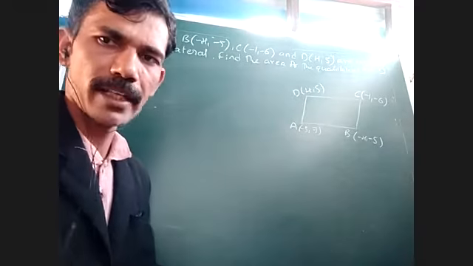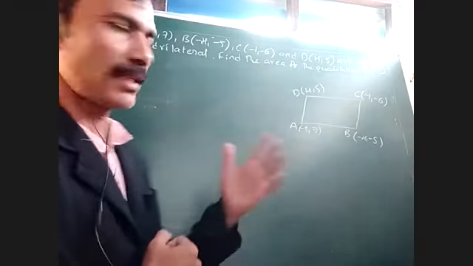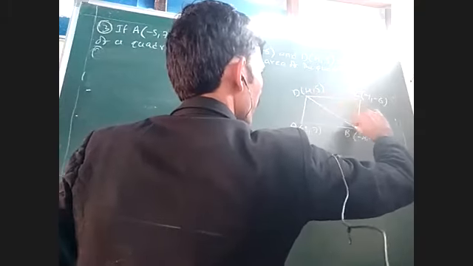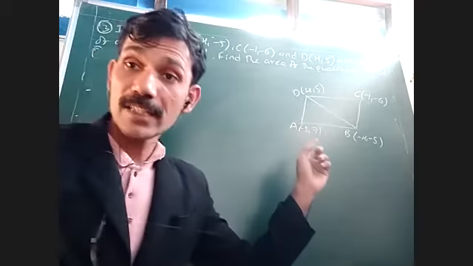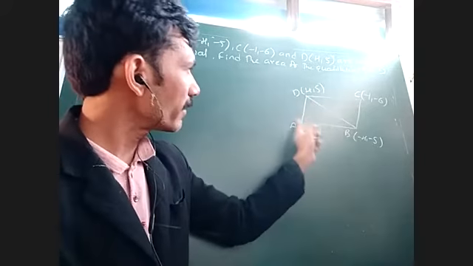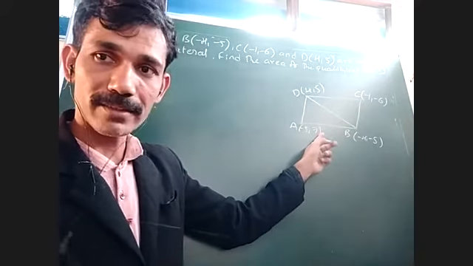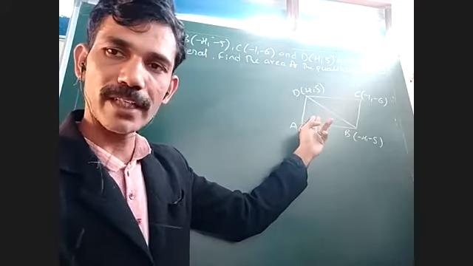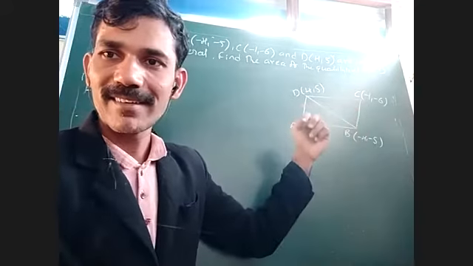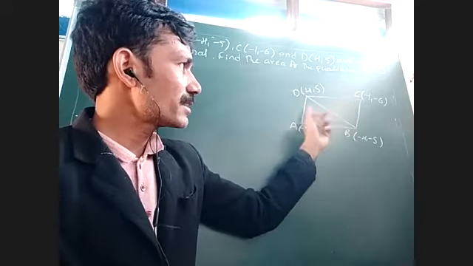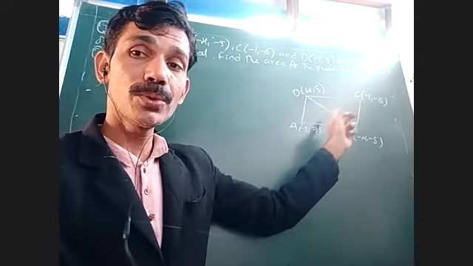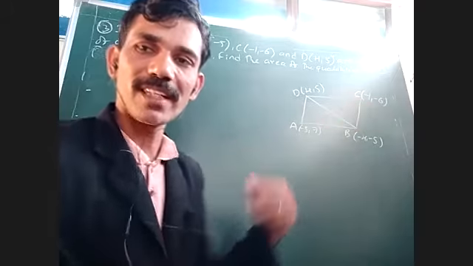See, directly we can't find the area. But what we can do is take one diagonal, any diagonal AC or BD. I'll take BD. What is this diagonal doing? It is dividing our quadrilateral into 2 triangles. Now here ABD is one triangle, and BCD is another triangle. 3 vertices are there, so using the area of the triangle formula, you can find the area. Therefore, if you find each area and add, you'll get the area of the quadrilateral.